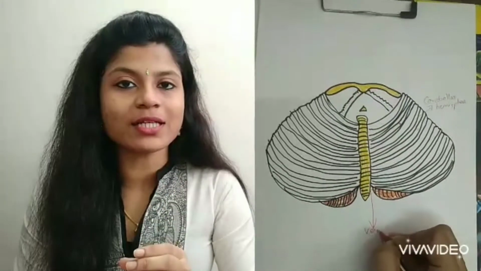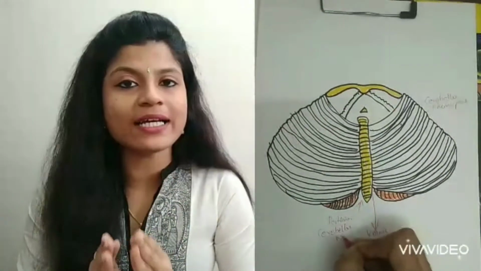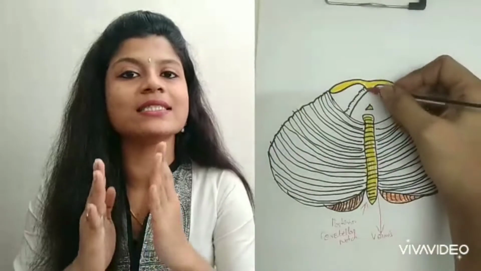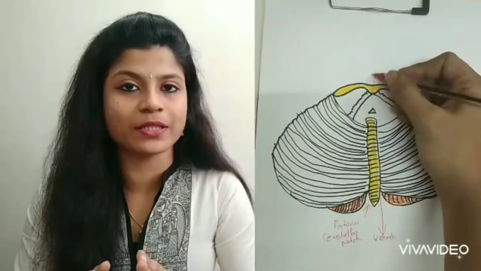External features of the cerebellum: the cerebellum consists of two main hemispheres called cerebellar hemispheres, and they are attached to the midline portion called the vermis. The vermis is separated into superior vermis and inferior vermis, where the ridge-like superior vermis is continuous with the superior part of the cerebellar hemispheres, and the inferior portion of the vermis is clearly demarcated from the hemispheres.